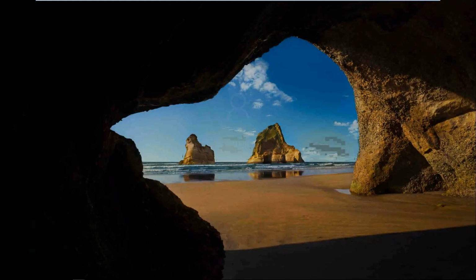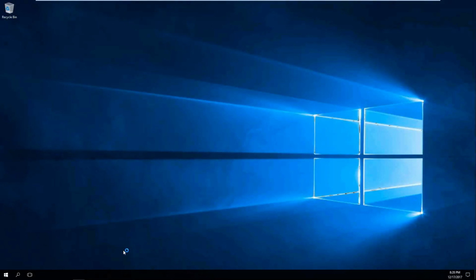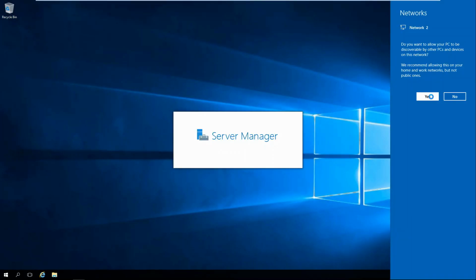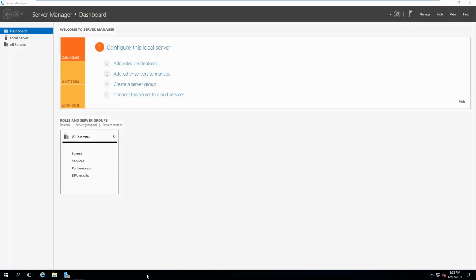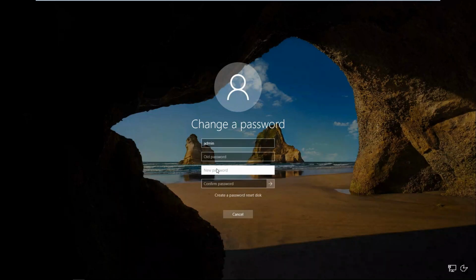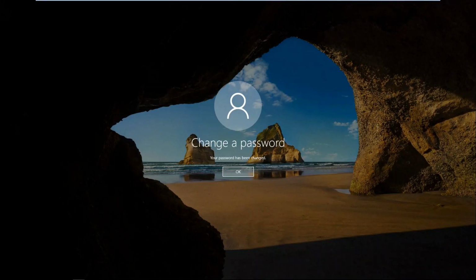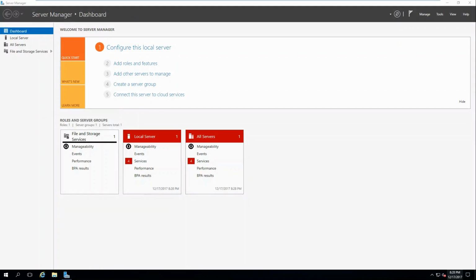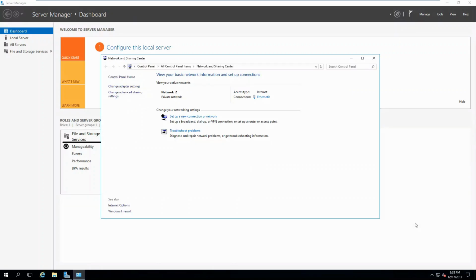And we're going to go ahead and log into the machine. And the admin password for this is blank. So we're going to go ahead and change that by pressing Ctrl-Alt-Insert, change password, blank, and enter a new password. Once your password's been changed, let's open the Network and Sharing Center